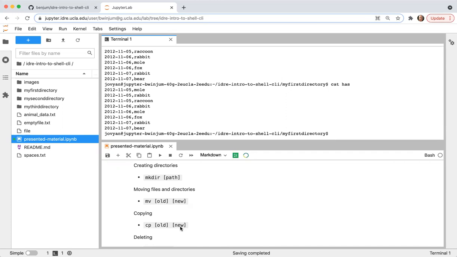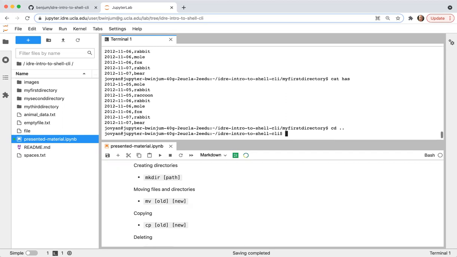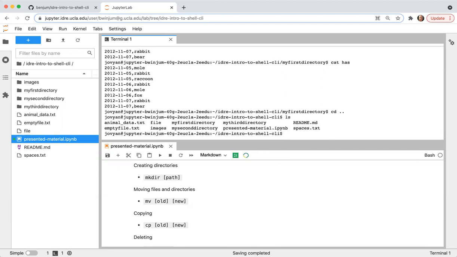You can also copy directories. I'm going to change into the parent directory with cd .. for parent. So images is a directory. And say I want to copy images into my second directory. There are a couple ways to carry this out.